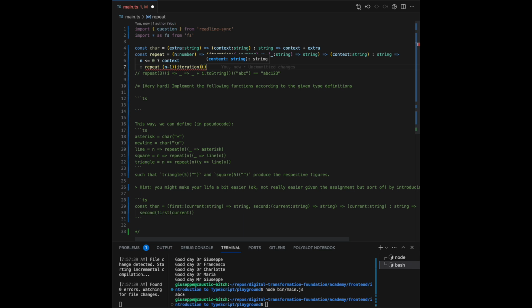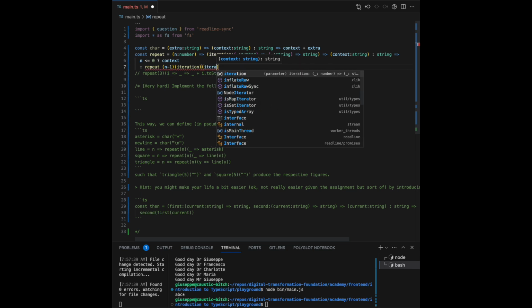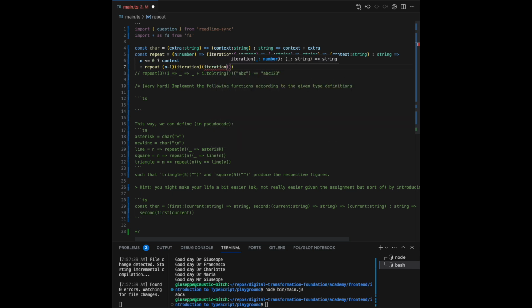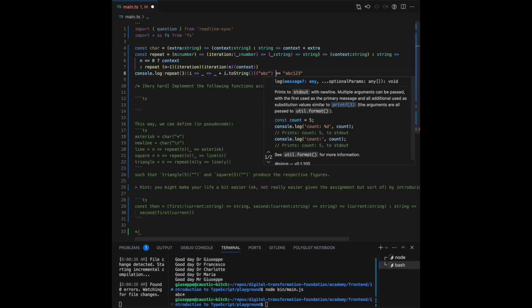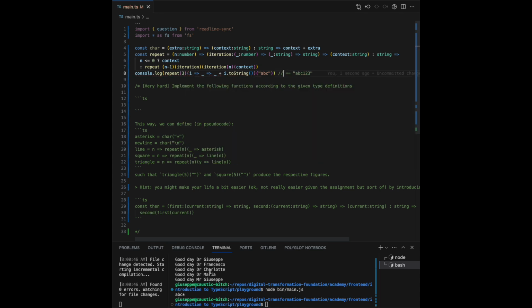Let's see if this works. Oh no, actually even easier, iteration of n and context. Oh, pardon, not I, but n. Let's see what happens when the signature works. Let's see if we're lucky. ABC 3, 2, 1. Okay, that's a little unfortunate because